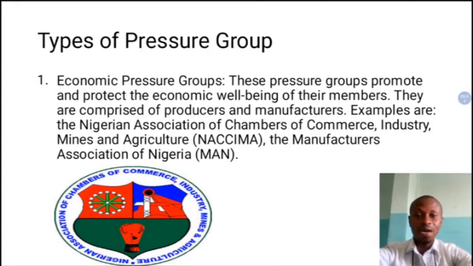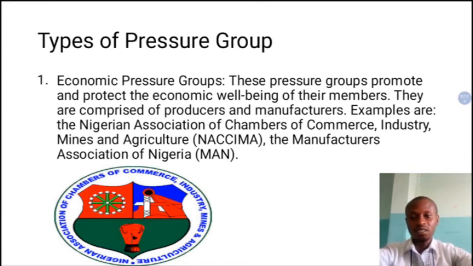We also have MAN, Manufacturers Association of Nigeria. So if you look at this one, you notice that it's made up of manufacturers, belonging to a given association to be able to influence government. You don't come to government as an individual. You come to government as a group. The government doesn't listen to individual persons. That's why in every democracy, you notice that people start forming civil society, pressure groups will start cropping up. And that is one of the pillars of democracy. We're talking about civil society or pressure group as we are discussing here today.